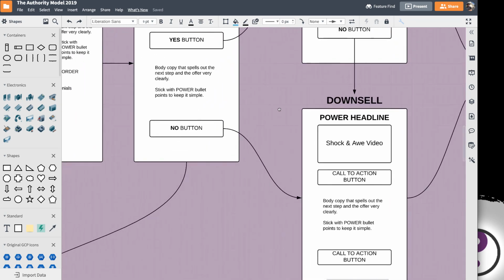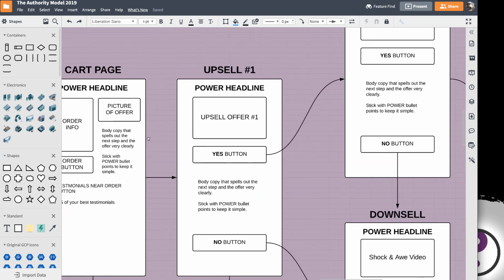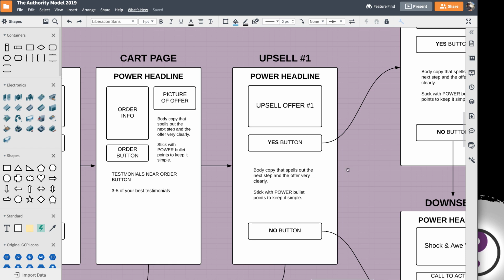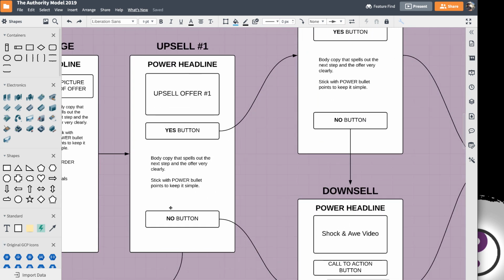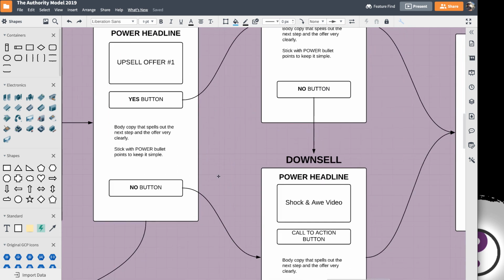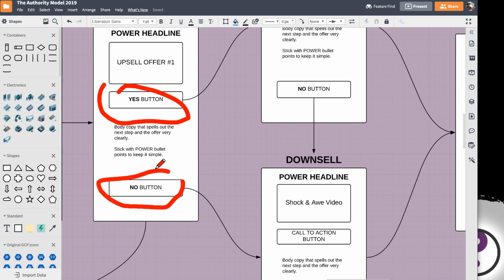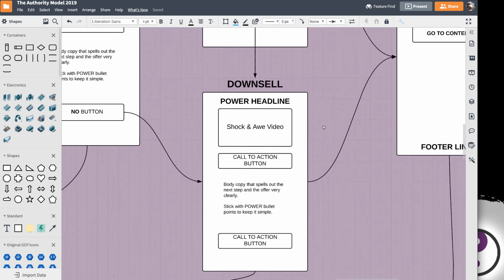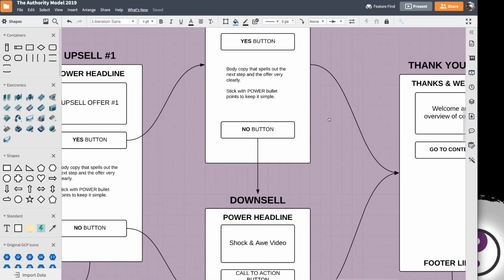Now, the person that came through, ordered your initial offer, saw the upsell, but then you notice here that I've got yes buttons and no buttons, right? So if they click the yes button, obviously you took them to the upsell. If they click the no button, we'll take them to a downsell. Now, you only need 1 downsell. Now, this is critical because, again,